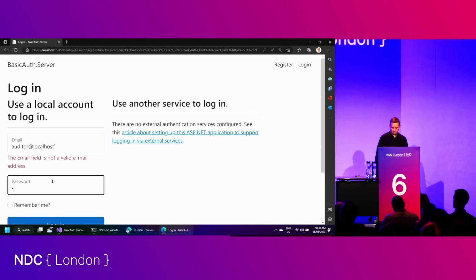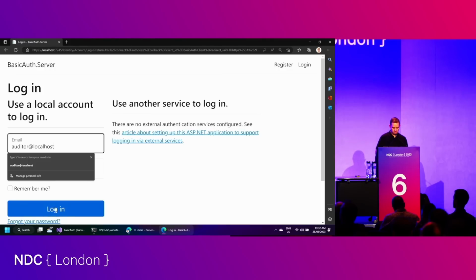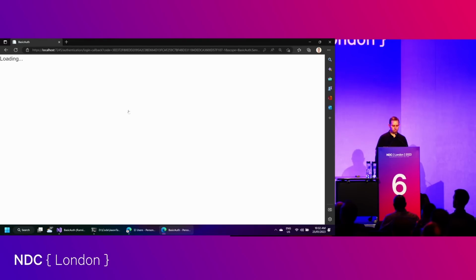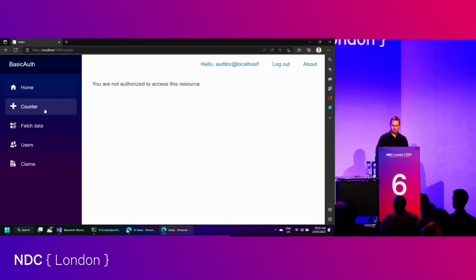And password, Password123!. No. There we go. Okay, so fingers crossed, yes, we have access to the counter page, but we don't have access